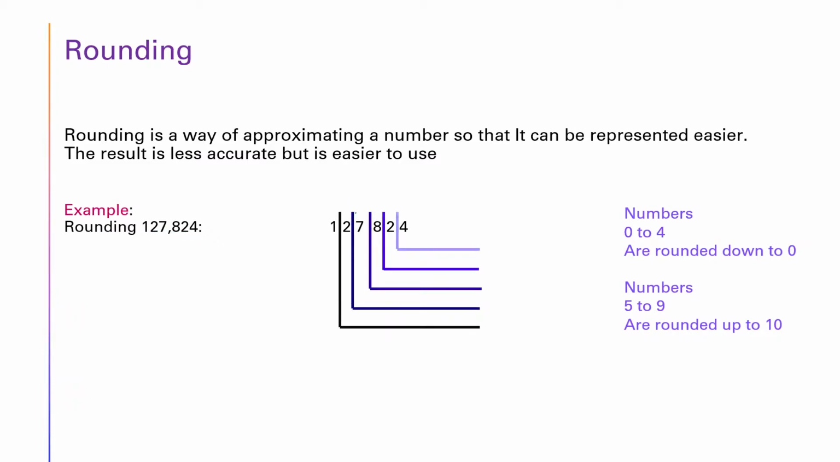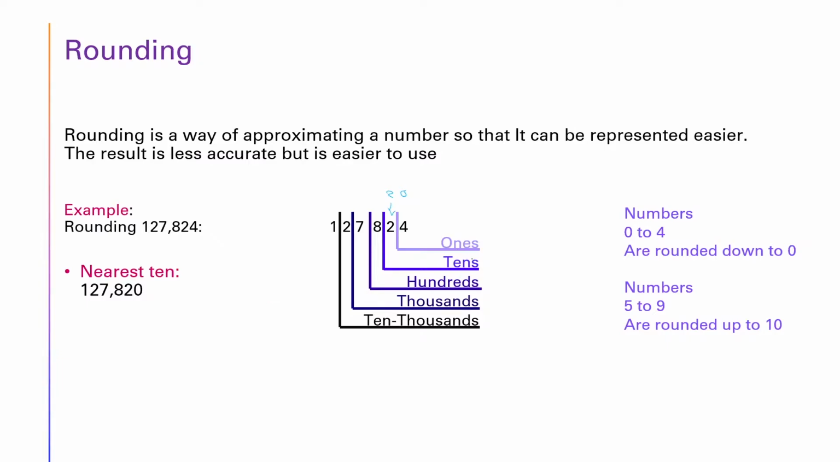127,824. Now, 4 is in the ones place, 2 is in the tens place, 8 is in the hundreds, 7 is in the thousands, and 2 is in the 10,000s. Now, if we were rounding to the nearest tens place, we're going to be changing the number 2 up or down. Now, the number to the right of 2 is a 4, and we know that numbers 0 to 4 are rounded down to 0. So 24 would be changed to 20 as we round down. So our answer is